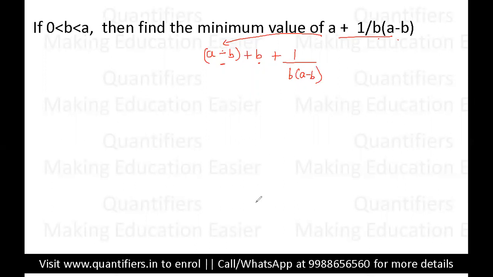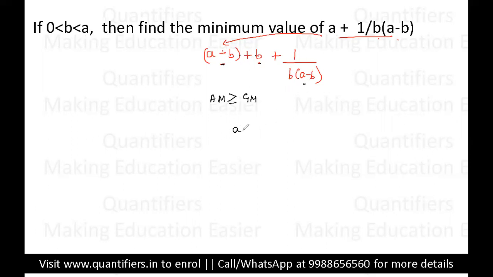Now students, with this, you can easily solve the question because I hope all of you have understood it. Now, if you find geometric mean, so what will happen? You will multiply these three terms. And students, if you multiply these three terms, everything will get cancelled out and we will get a constant. Now, let me show you. So now students, I am applying this property. AM is greater than or equal to GM. And you can see each term will be positive because it is already given that A is greater than B. So this is also positive, this is also positive, and this is also positive. So now we can apply this property.